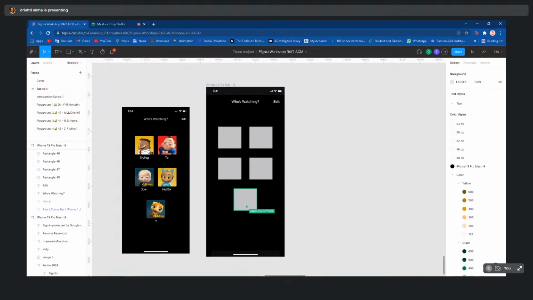So we have the basic placeholders inside, right? Now we click on this frame, we go on to our plugins, go on to Unsplash, and here we can search. So if I search for a person,